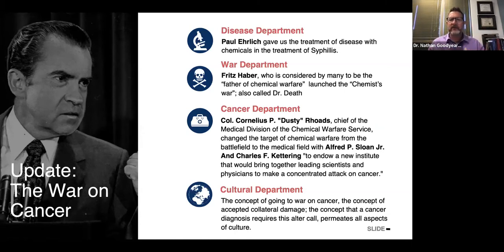It began in the disease department. It transferred to the war department with Dr. Death. It transferred to the cancer department via Colonel Cornelius Dusty Rhodes, gotta love that name. And he basically brought in some people you may have heard of, Alfred P. Sloan and Charles F. Kettering of Sloan Kettering. And they endowed this institute to bring chemotherapy from the disease department to the war department, now to the cancer department. Now it permeates all aspects of the cultural department,